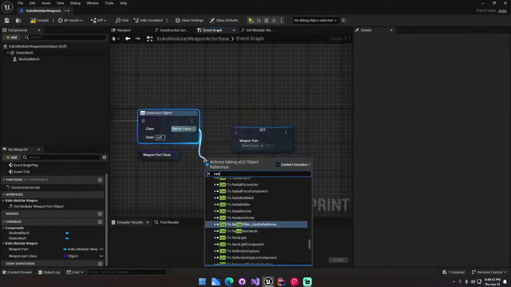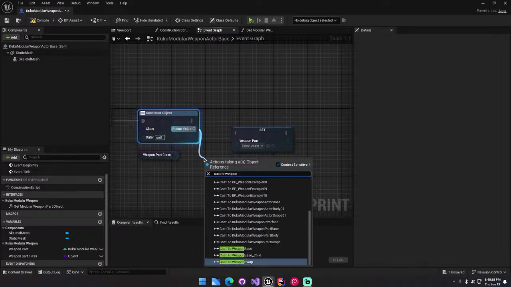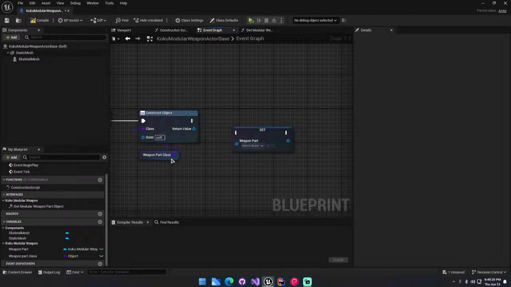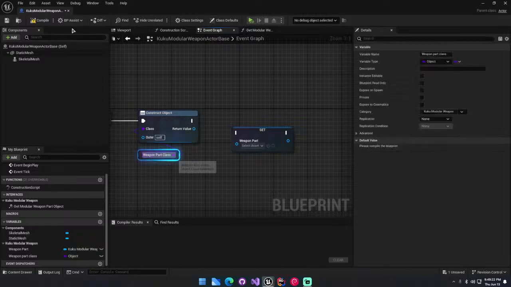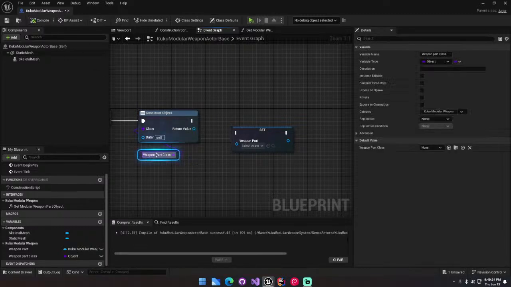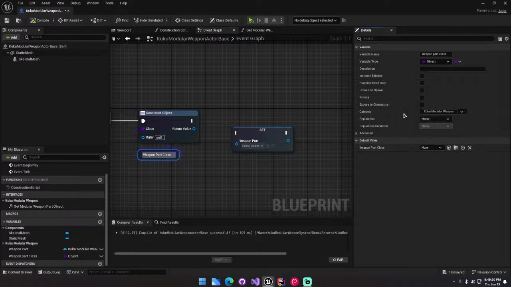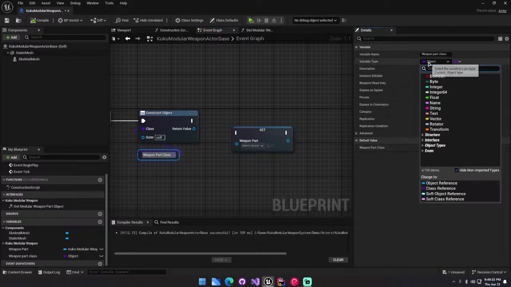Okay, this is gonna be custom weapon part. Can't we force this to be something? Oh, we can actually, we can make it a